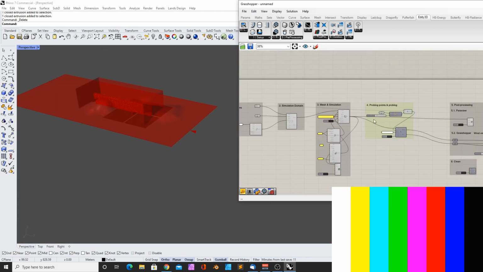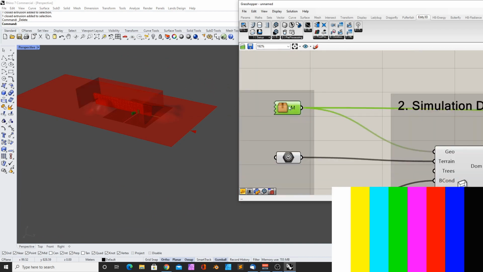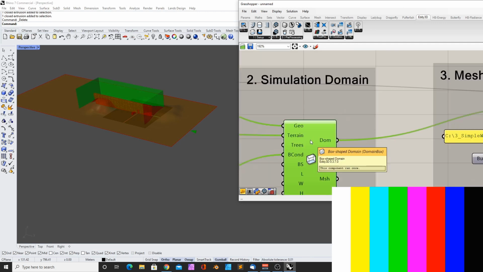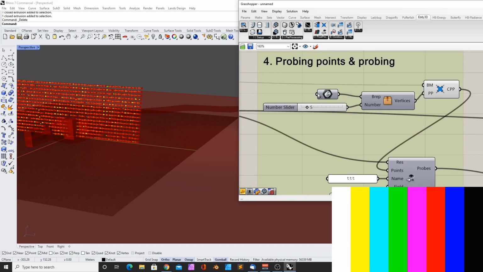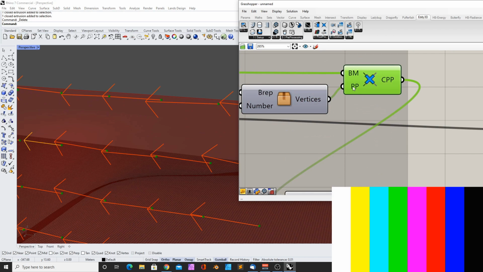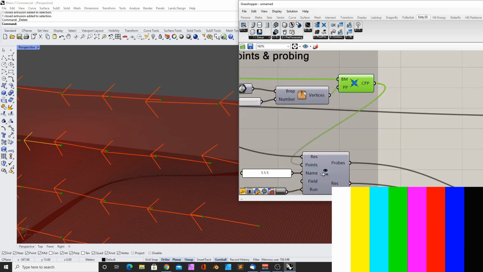By the way, I want to turn this off, so I don't want to see this. No, I want to see the terrain, right? But I don't want to see the box shape, the domain box. So let's turn this off. And then we have the numbers. This is the generated probe points, and this links your